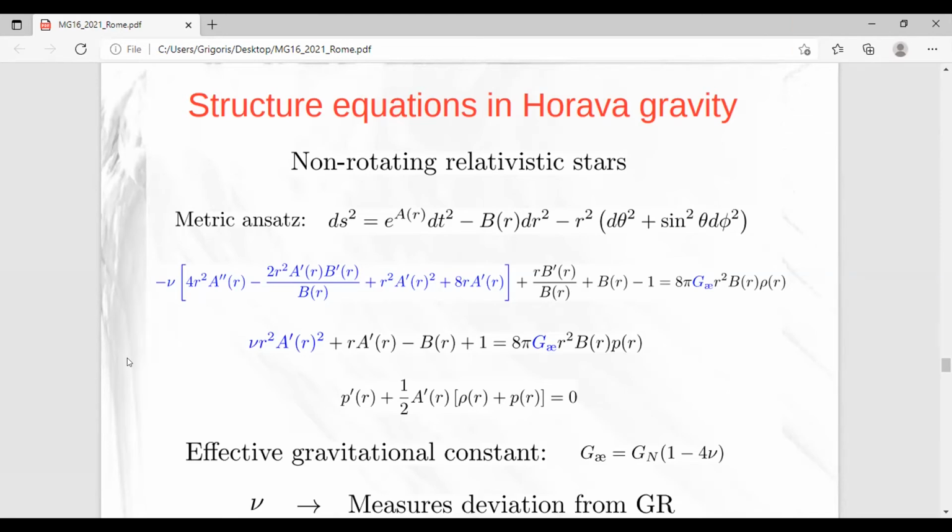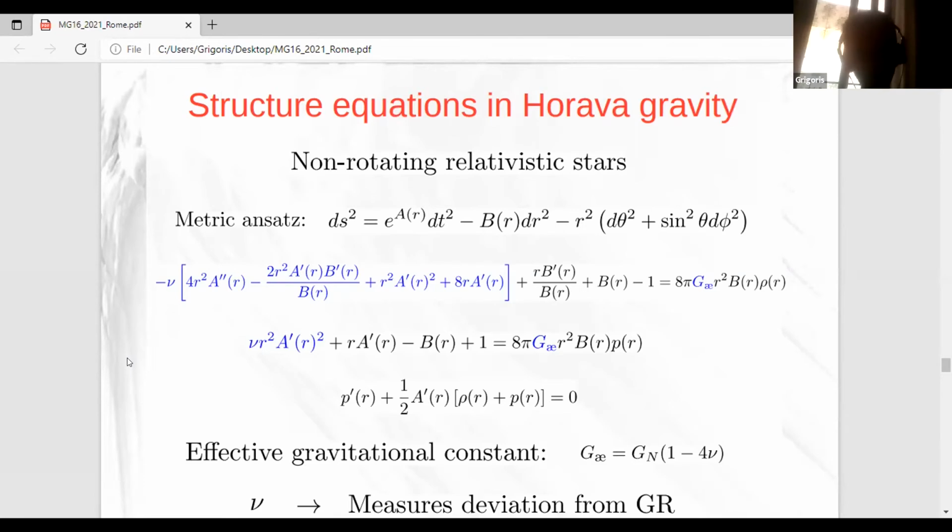Yes. There are two things. One thing is that the most general line element, when someone seeks a static spherically symmetric solution, is the most general line element in all metric theories of gravity. It doesn't matter if you are within GR or within some other modified theory of gravity. Now, Birkhoff's theorem is another thing.